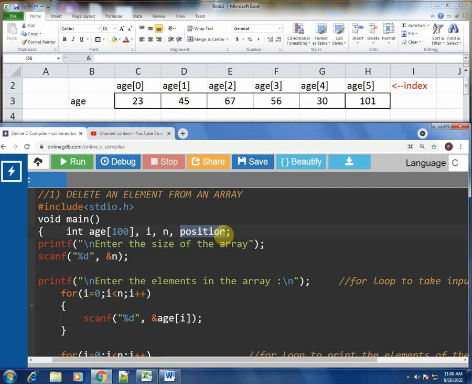So we have to know which is the position at which you want to perform the deletion. You just cannot delete everything. You need to know the correct position. So that position will be stored in this variable position. It is of the type integer.